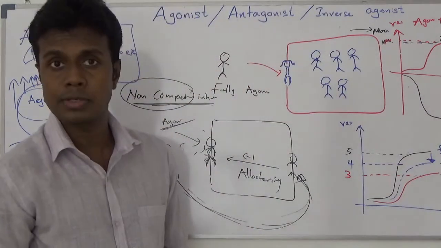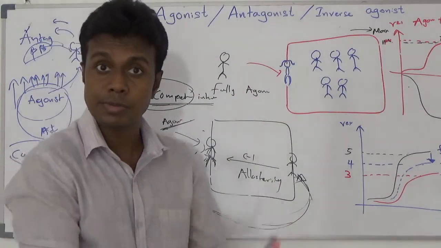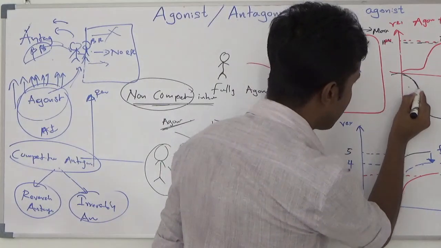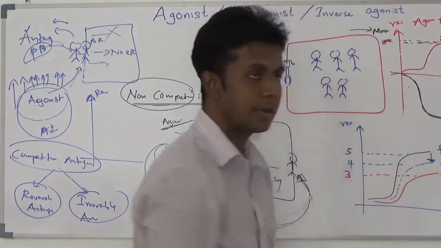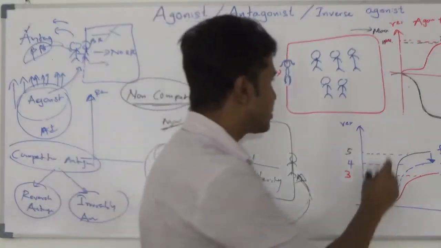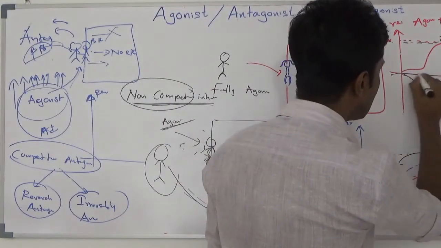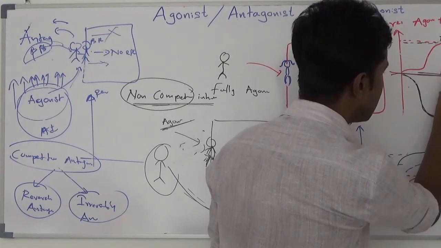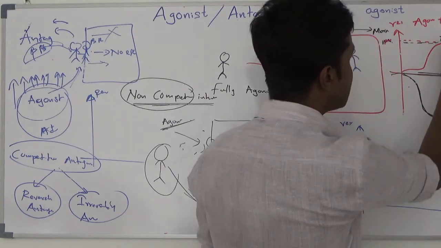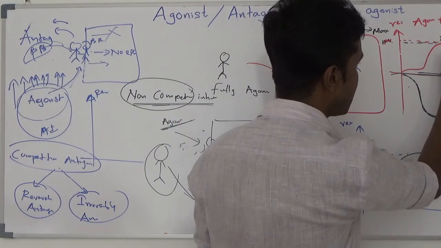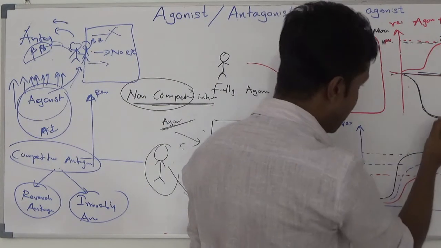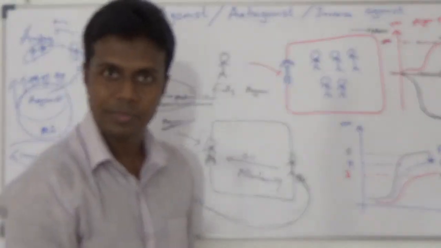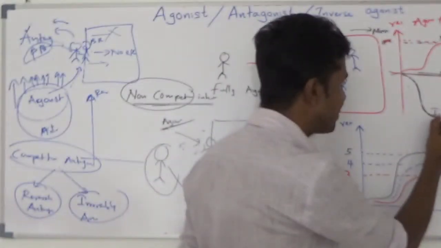There are some substances that, once they bind to receptors, produce more pain. There are substances that, once they bind to receptors, have no effect. If there is no effect, antagonist. If there is an effect, agonist. If there is an effect, but in the inverse direction, it is called an inverse agonist.